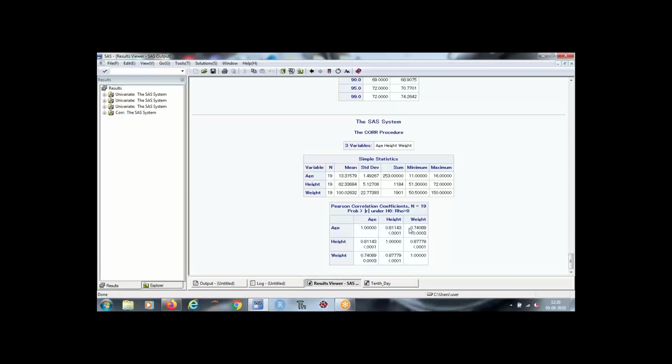Okay. So here we got the correlation as 0.74. So age का weight का क्या correlation है? 0.7, which is a good correlation. 0.81 age का height के साथ. So what does this value represent? Less than 0.0001, 0.003. That's your p value of your null hypothesis.